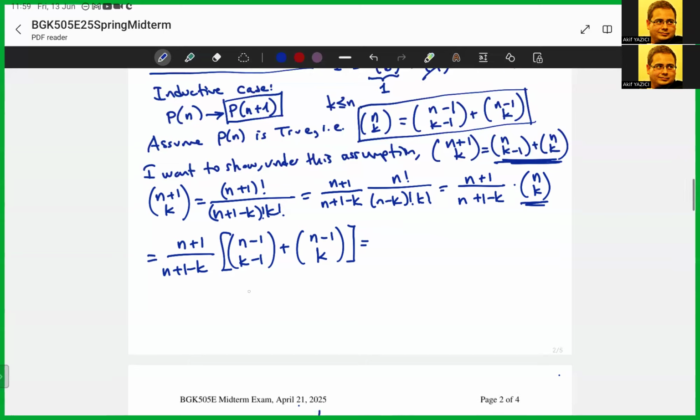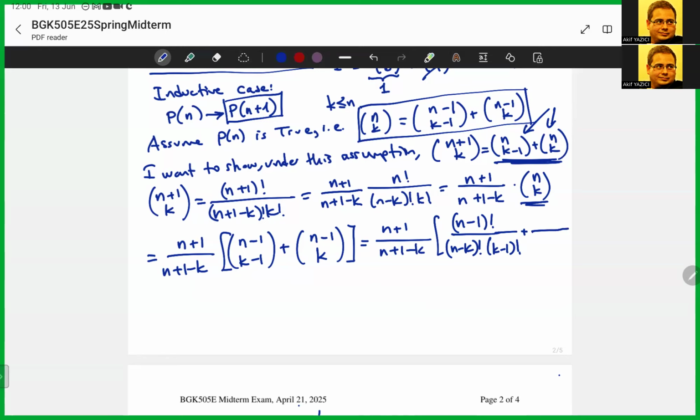Right. So what do I have here? n minus 1 choose k minus 1, n minus 1 choose k. And what do I want? n choose k minus 1. And here I need n choose k. So let's write this as n plus 1 over n plus 1 minus k. So here I need n minus 1 factorial. n minus 1 minus k minus 1 will give me n minus k factorial and k minus 1 factorial plus,